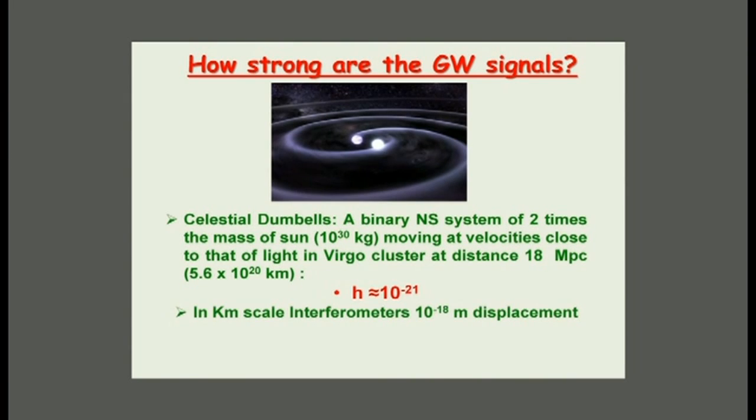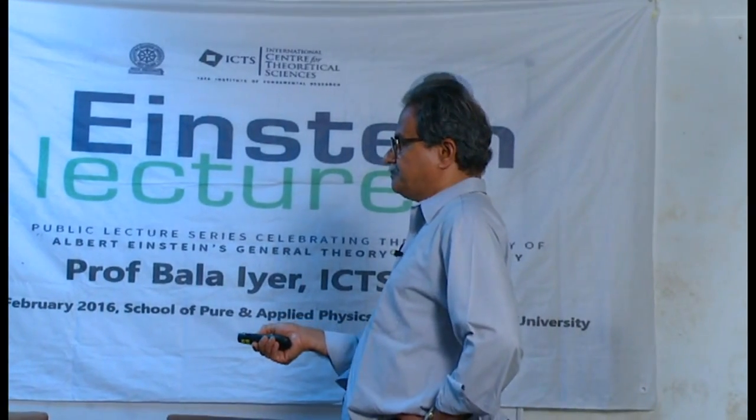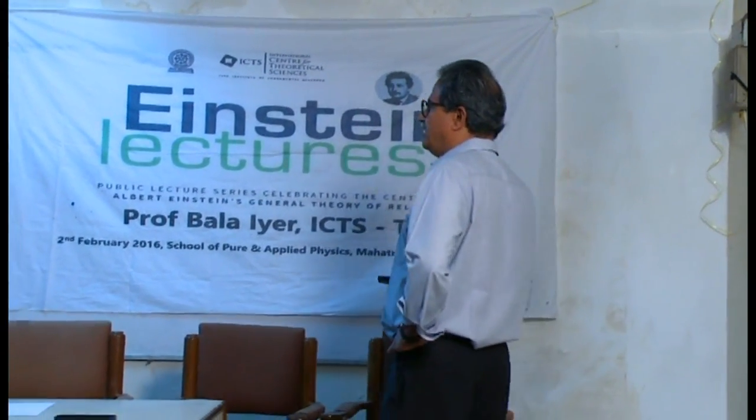Now how do you measure this particular strain? You have to build an interferometer, not a tabletop interferometer, but an interferometer which is of the order of a kilometer long, because if you take a strain like this and if you take L of the order of a kilometer, the displacement which you need to measure would be of the order of 10 raised to minus 18. Those of you who remember your nuclear physics know that 10 raised to minus 15 is like the nuclear dimension, it's a Fermi. So you can see that you really need to measure 1,000th of a Fermi if you want to detect gravitational waves from a neutron star which is going around in the Virgo cluster of galaxies. So this is the basic challenge, and this is the reason why it has taken almost 100 years to get to the point where we think that we